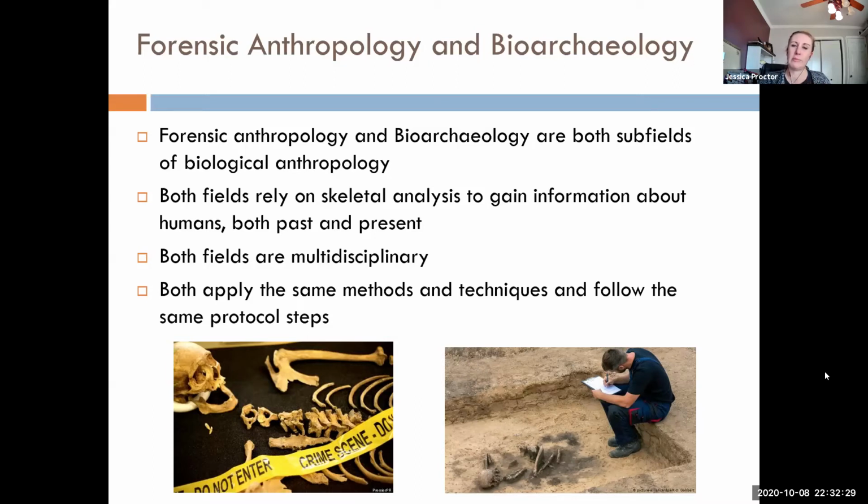So the 4 branches, if you remember from chapter 1, are biological anthropology, cultural anthropology, archaeology, and linguistics. So forensics and bioarchaeology go underneath the overarching category of biological. Both fields are going to rely on skeletal analysis to gain information about humans, both past and present. Both fields are multidisciplinary, meaning that we're going to draw in information from the other sciences, from anatomy, from biology,